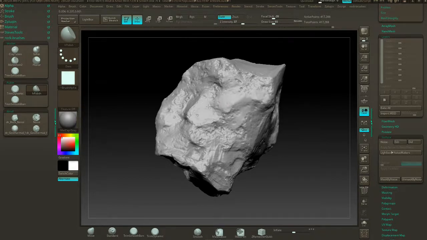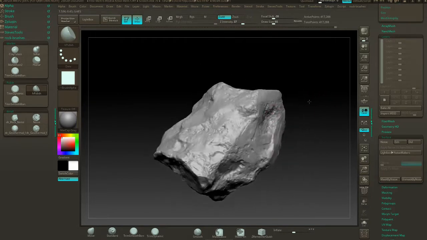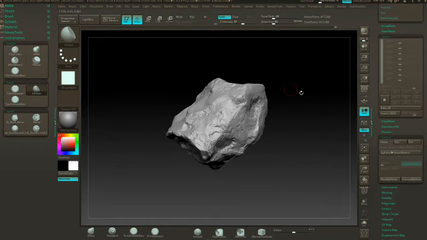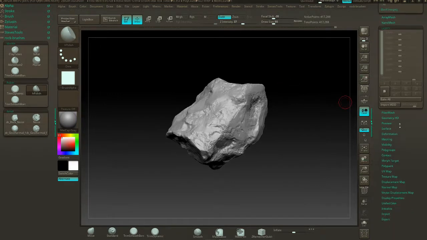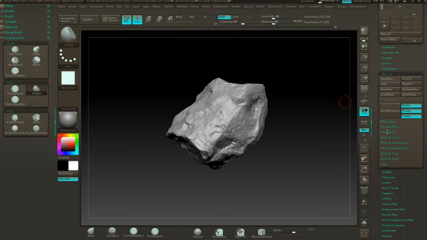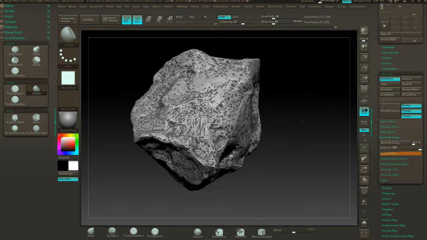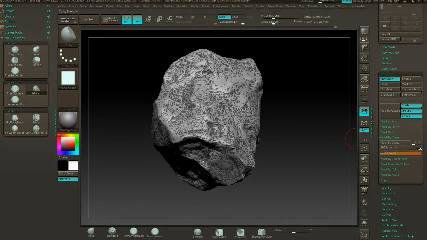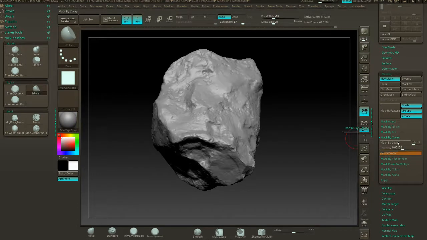So another method for adding noise, and I'm just going to go crazy on this just so I can show you all these methods. You can do a mask, different types of masking. So go into the masking palette in here. You can mask by AO or cavity or smoothness, peaks and valleys. Usually I'll use cavity. It works pretty nice just to kind of mess around with